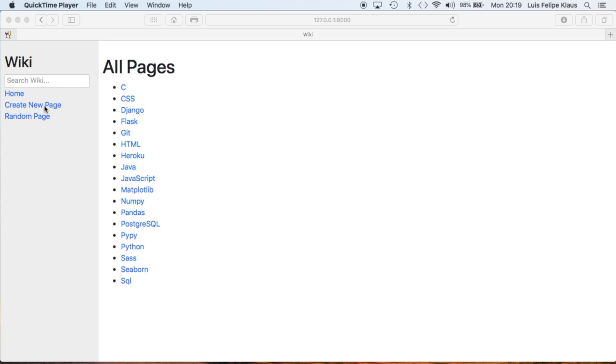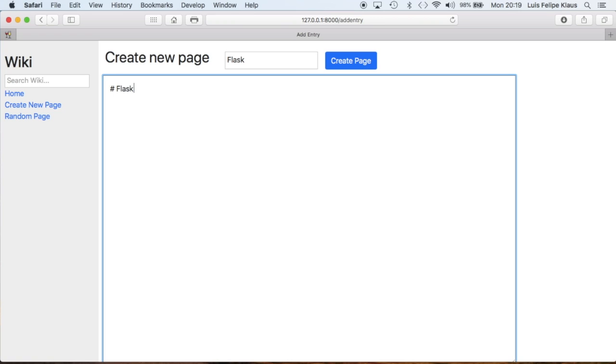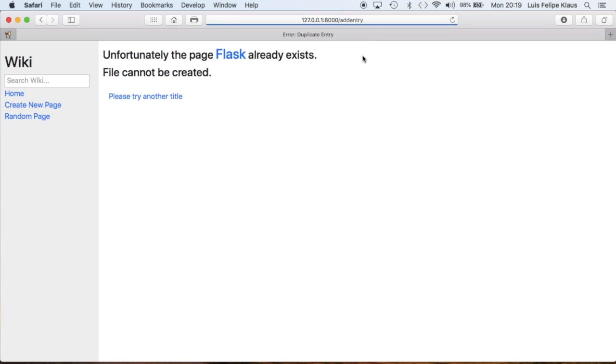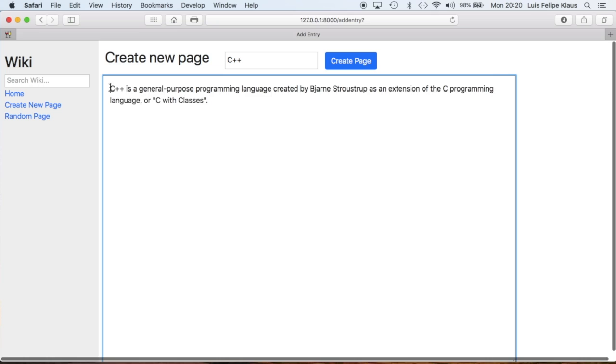error page. To add a new entry, we click the Create New Page link, then we choose a title for our entry, and then we enter the markdown text for the body of the entry. Just make sure, because if the title matches an existing entry, it's going to present this error message inviting you to change your title. And if the title doesn't match any existing entries, like C++,